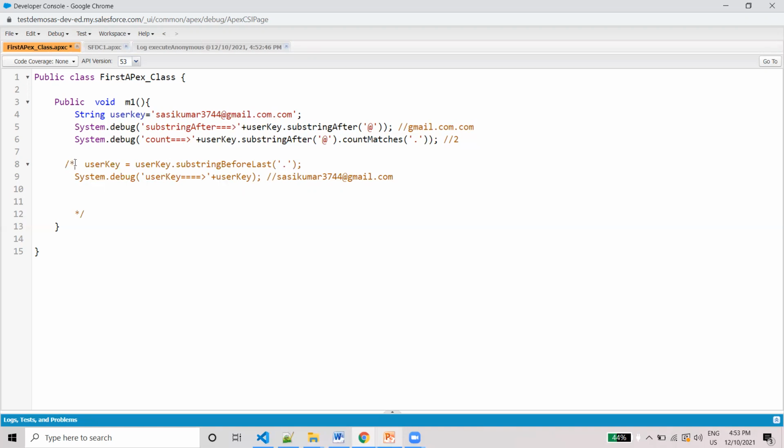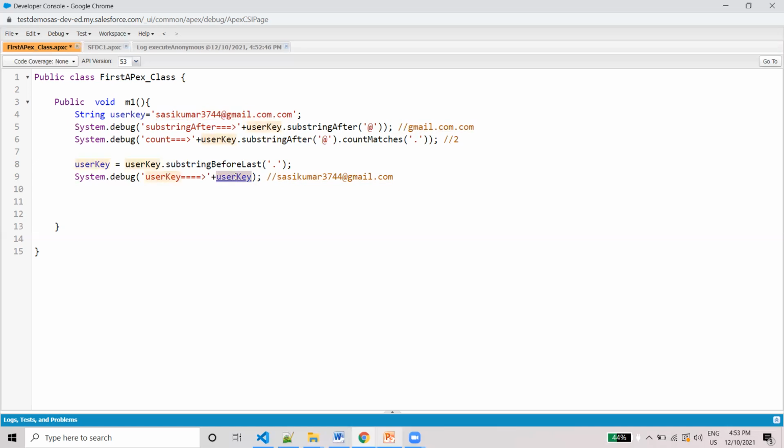Now we go for the next scenario. We have one user, so user key dot substring before last. Before last means whatever value comes before the last dot will be fetched here. So the value before the last dot will be printed.